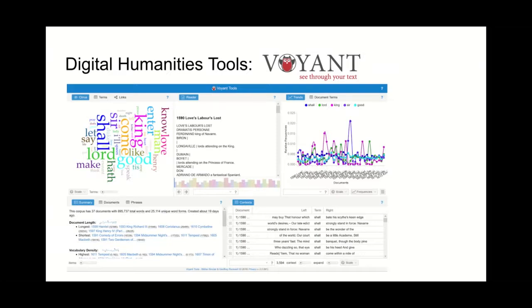Last is a tool called Voyant. It's incredibly easy, and it's an out-of-the-box web tool for text analysis. Essentially, all you need to do is to have your corpus, so your text, available via a web link. You just input the link, press a button, and Voyant does all the work for you in terms of visualizing your text.